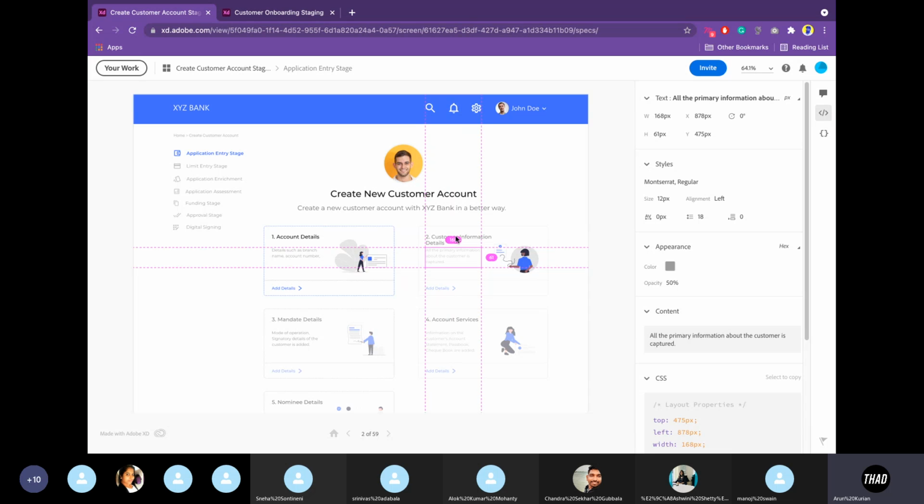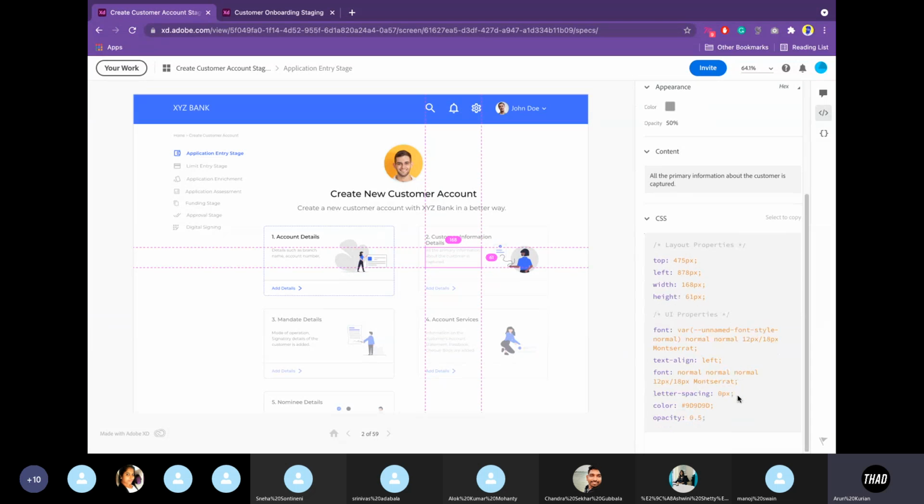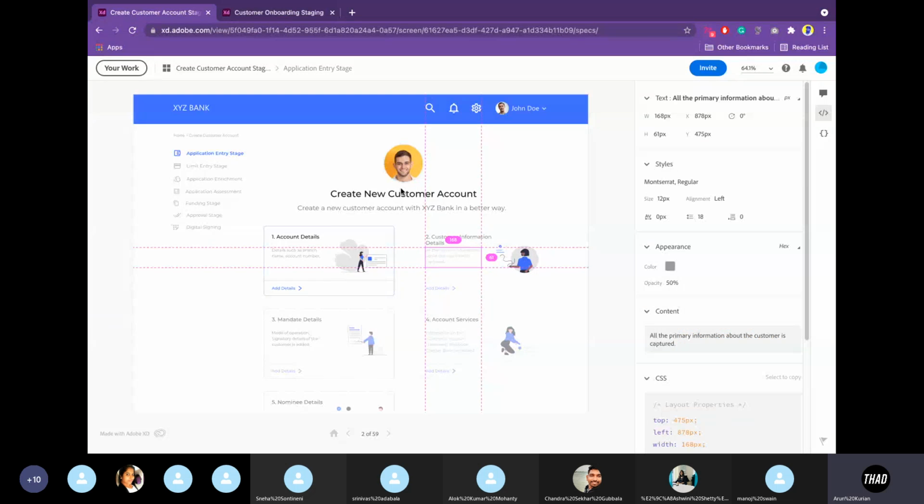So here you can see, when I select a particular text, it says this is the font style that we use. This is the size of the font. Then this is the color. This is the opacity of the particular color. All these things, you'll be able to see in this too.